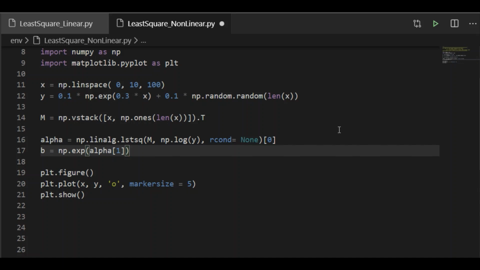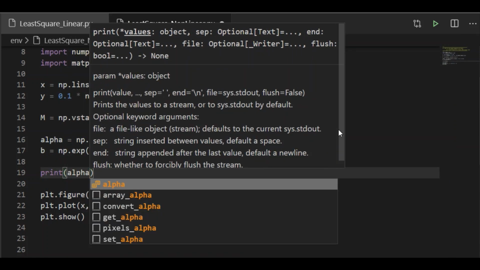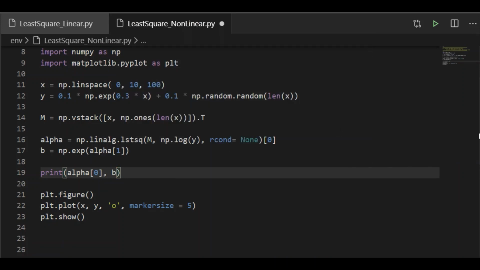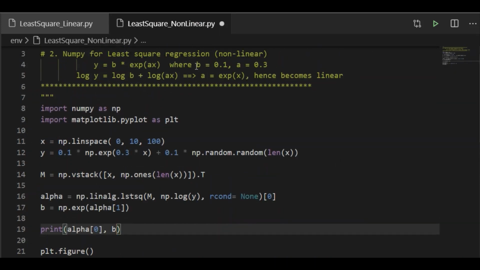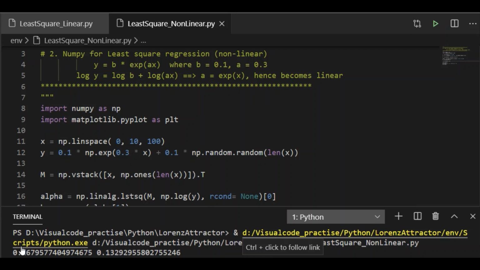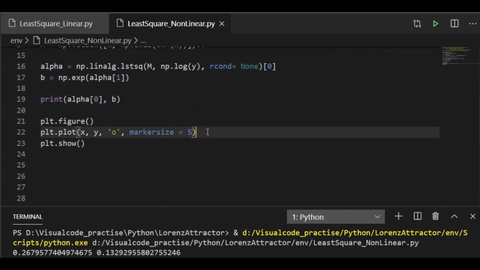And as we know, b is the exponential of the intercept, and we will print the values of a and b. We have taken the value of b as 0.1 and a as 0.3. Clearly we can see they are close to our values. The difference is due to the noise introduced.